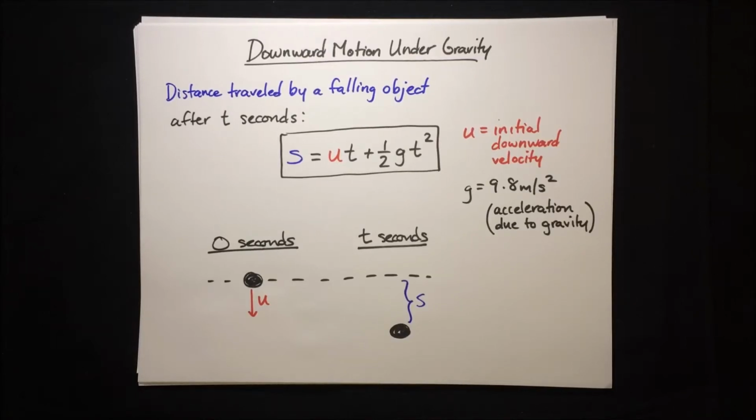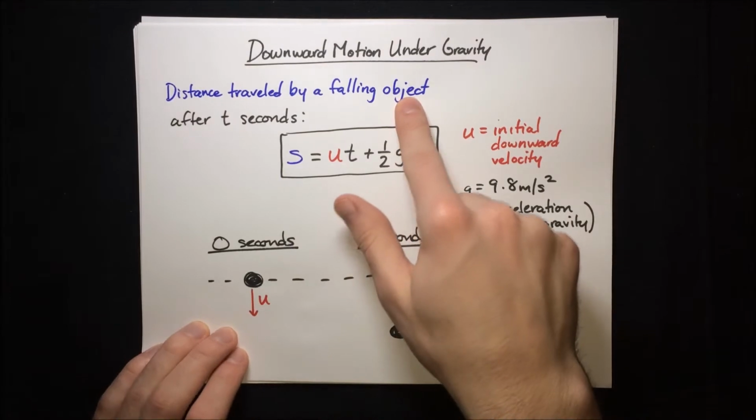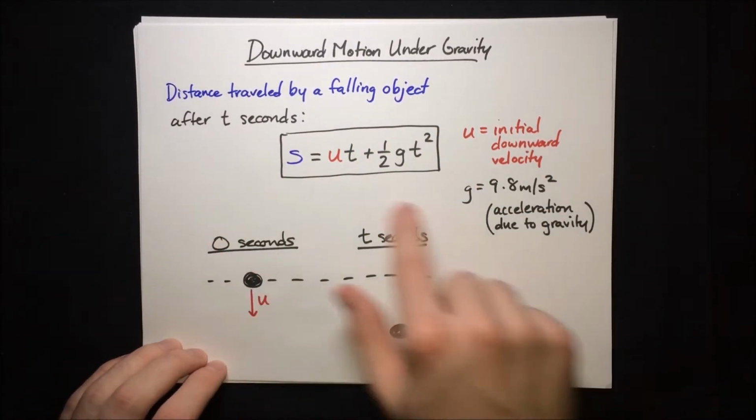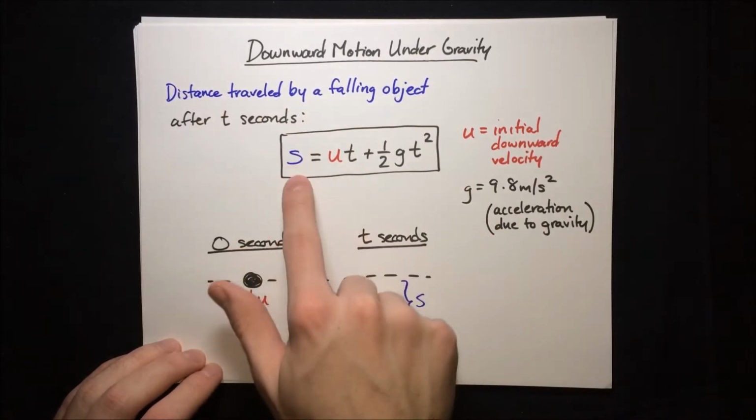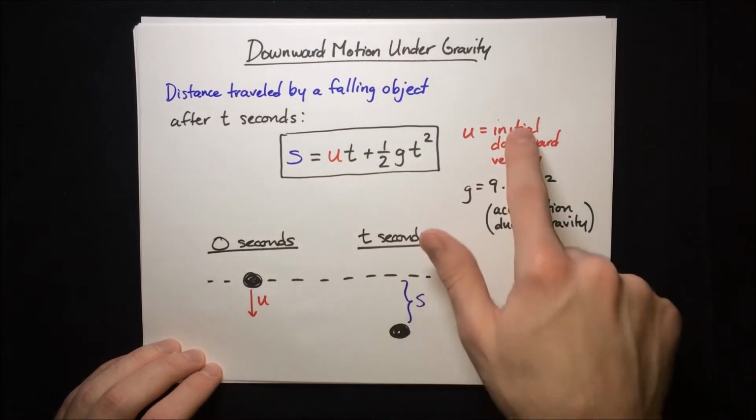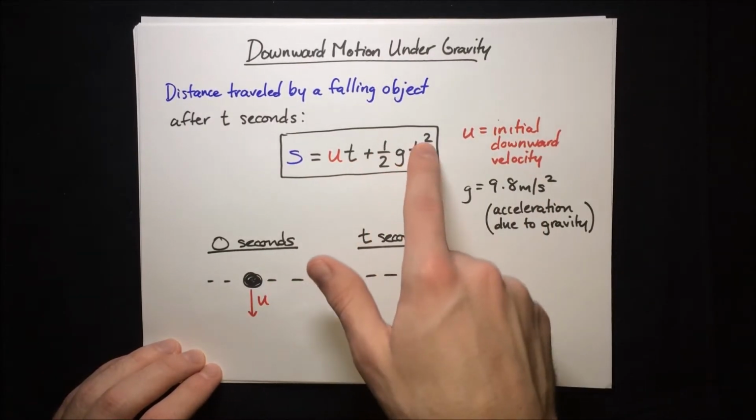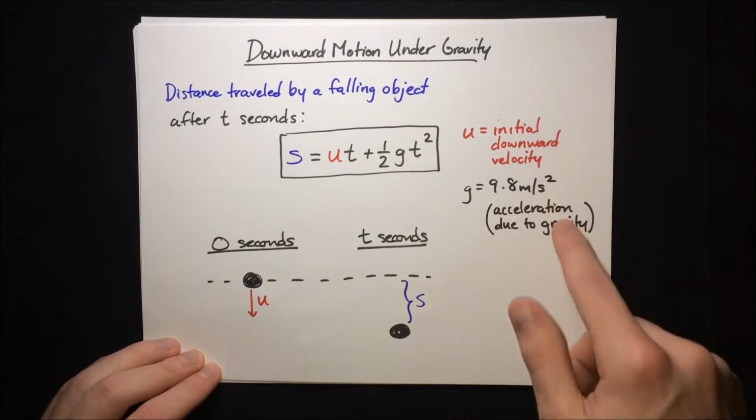In this video, I'm going to show you how to apply algebra to find the distance traveled by a falling object after a period of time, t seconds. So the master equation to do this is s, the distance traveled, equals u, the initial downward velocity, times t, plus a half g times t squared, where g is 9.8 meters per second squared, and that's the acceleration due